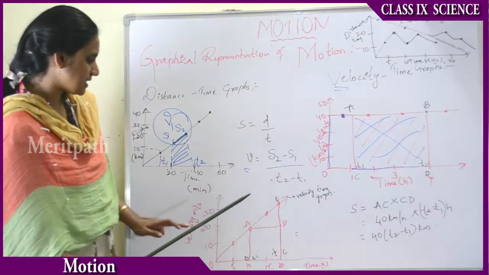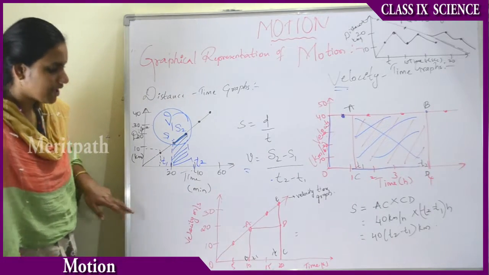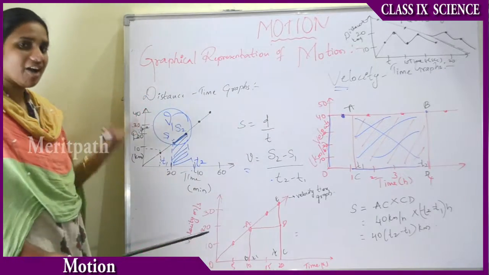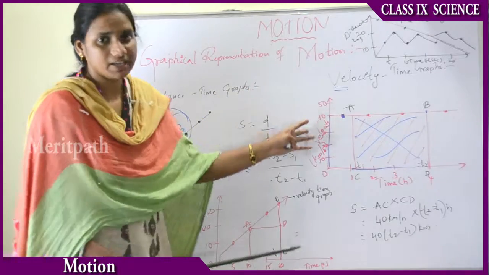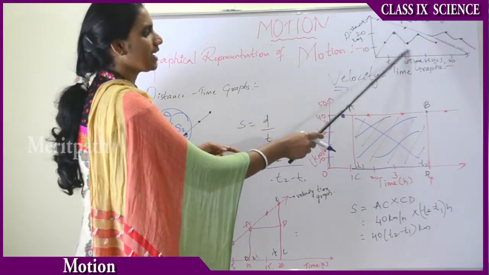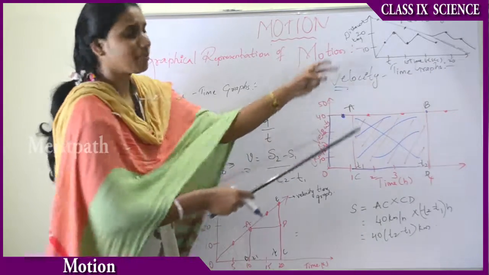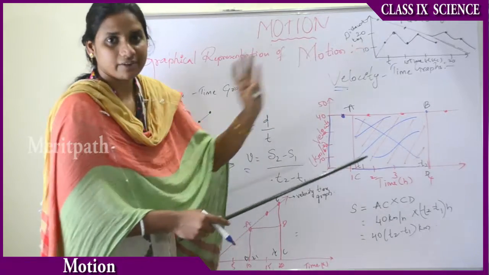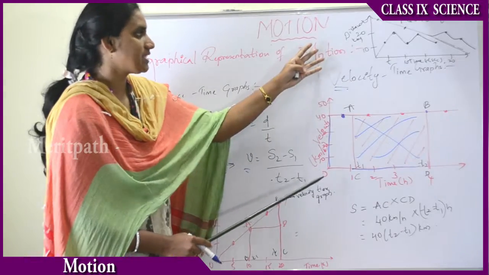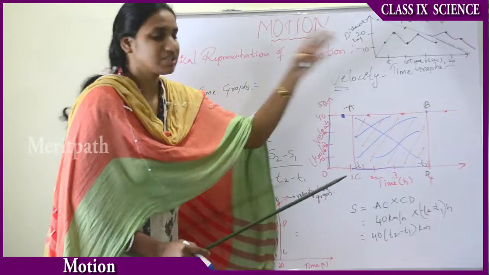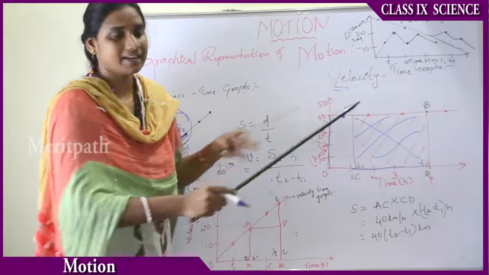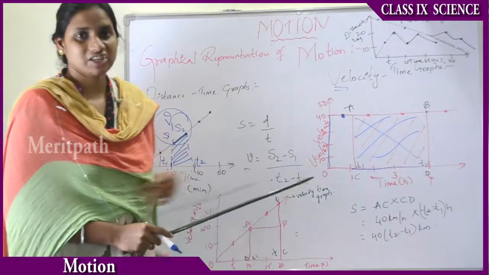And see another graph, that is the velocity time graph, that is for uniform objects. This is also for uniform objects. For non-uniform objects, the graph will be of different shapes. It doesn't form an order, and it will be as shown, that is, it may be crooked. A car can move faster, slower, faster, slower. It is not maintaining uniformity at particular intervals of time. Therefore, it is known as non-uniform graphical representation of velocity, distance, with respect to time. So we can say that it doesn't form a straight line path, and therefore it is known as non-uniform acceleration or velocity.